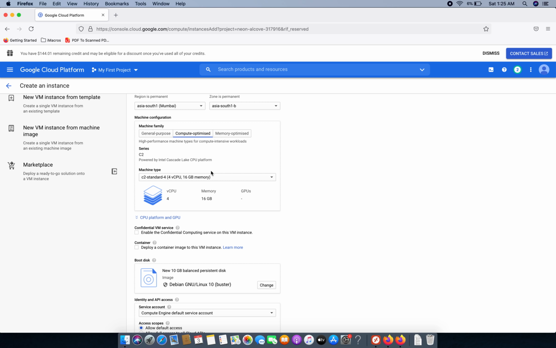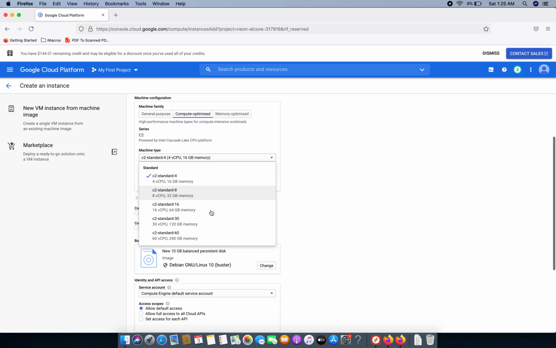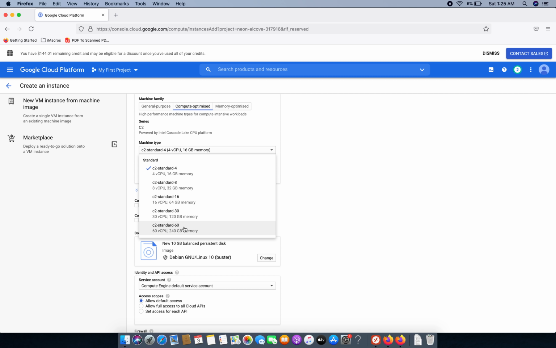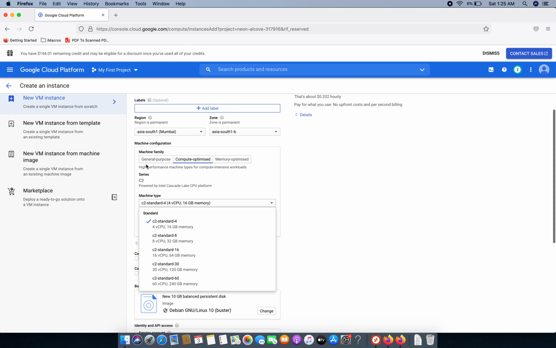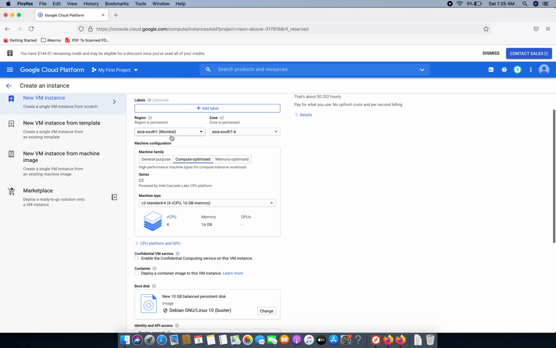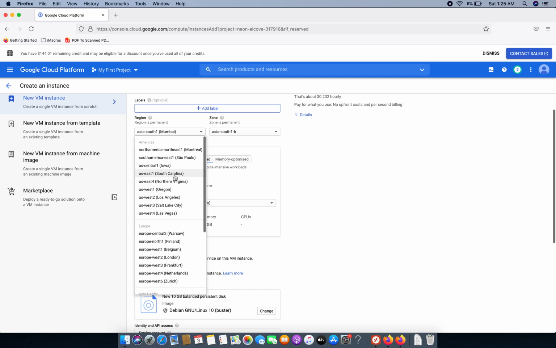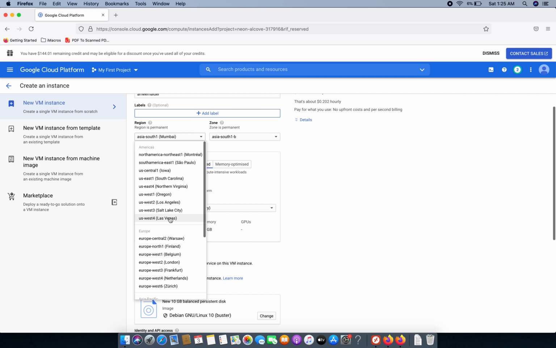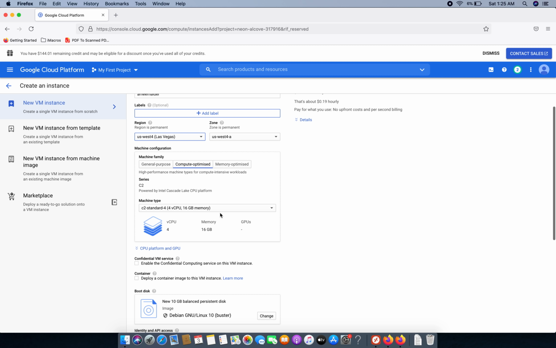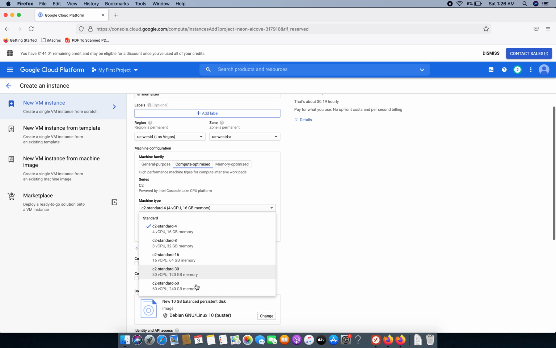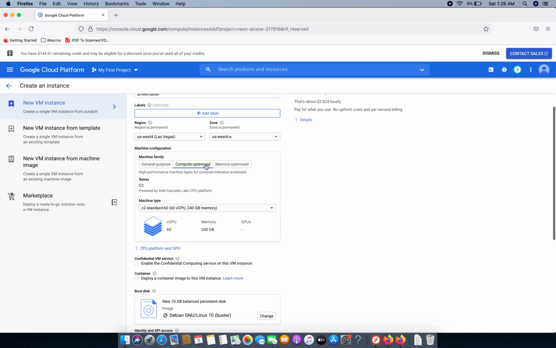If you have a task that needs more power, here you can select 4 CPUs. If your task is normal, you can select 8 CPUs, 16, and 60 CPUs for this region, Mumbai. If you select, let's suppose, Las Vegas, then same 60 CPUs.